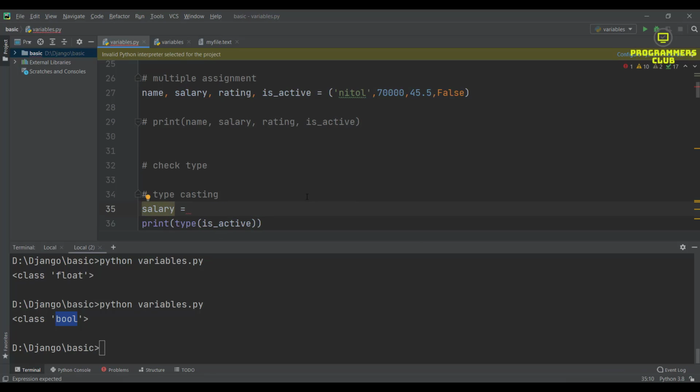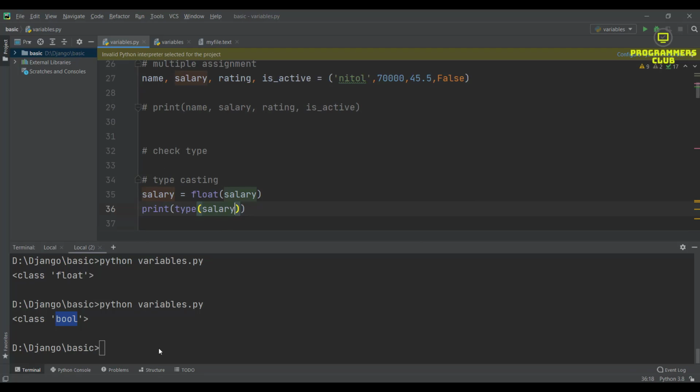If you want typecasting, I check this type. Now let's convert this boolean type value into float type, then I check this, and I get float, floating type.